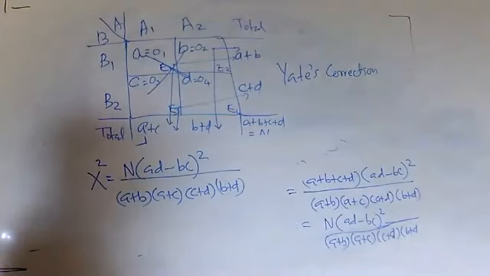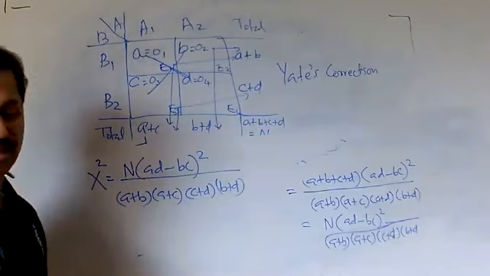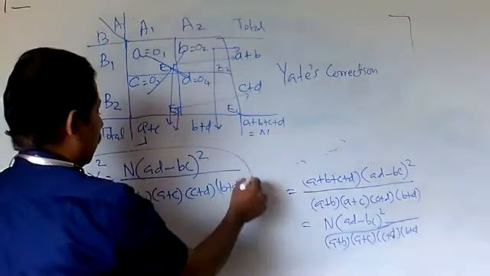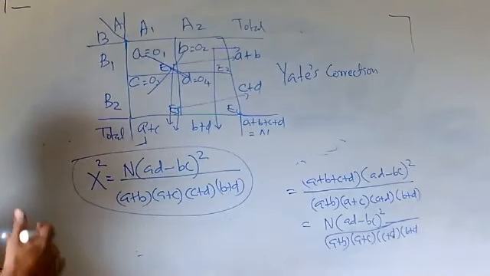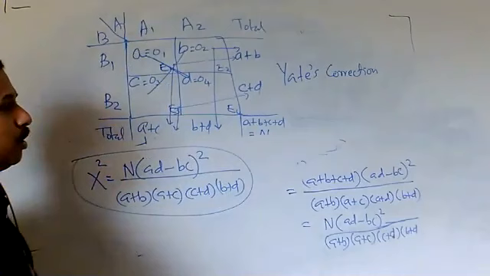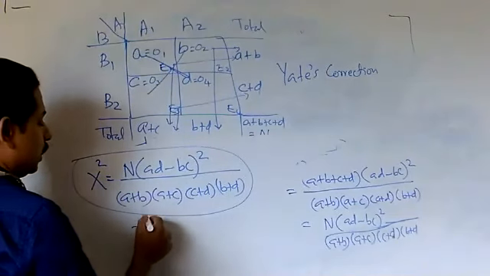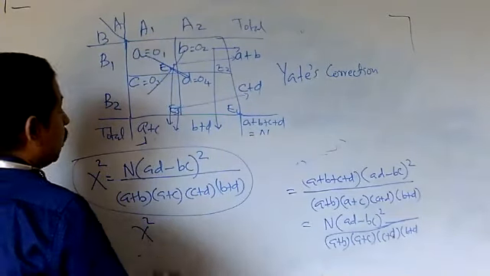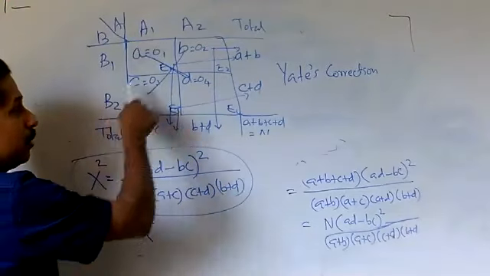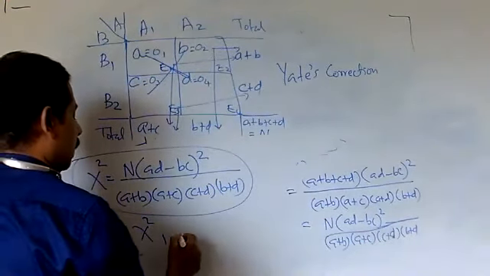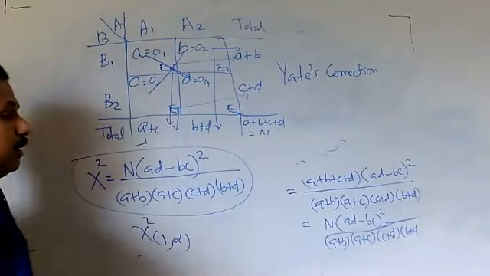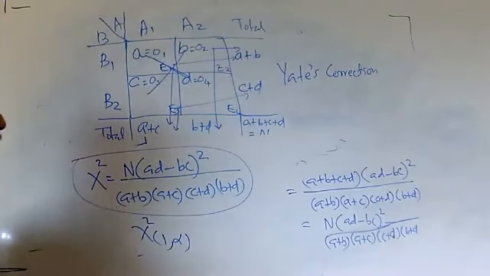So it is very easy to calculate the chi-square value for a 2 by 2 table. So this is your calculated value. Then use the table value here. What is the degrees of freedom? Because there are 2 rows and 2 columns, this is chi-square with the degrees of freedom. How much? 2 minus 1 is 1, 2 minus 1 is 1. So chi-square with 1, then alpha. Use this and find out the table value.